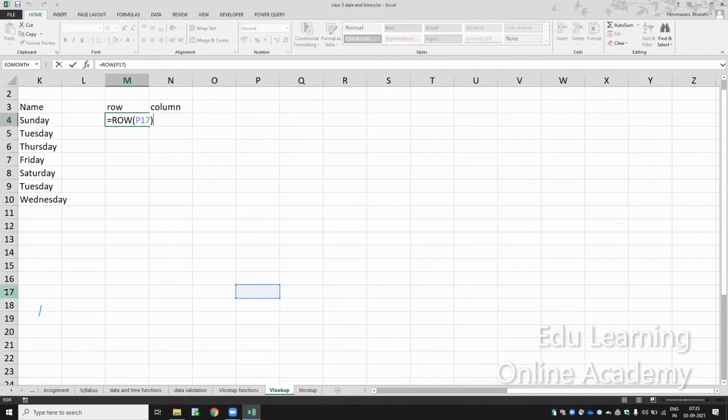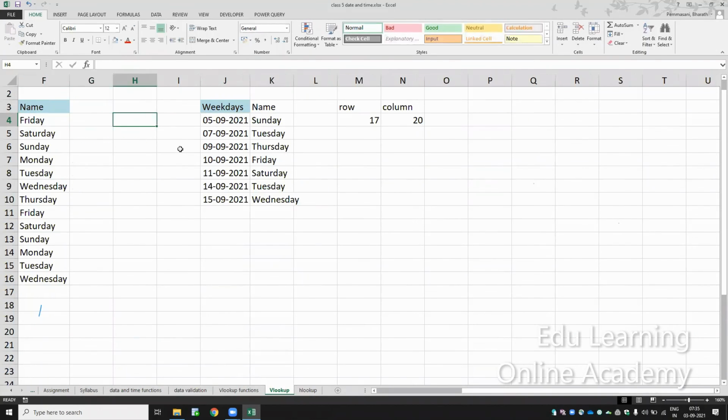If I selected here, the 17th row, it tells 17th row. We use these in combination with other formulas. Okay. Next. Team, are you clear with VLOOKUP, HLOOKUP, row and column?